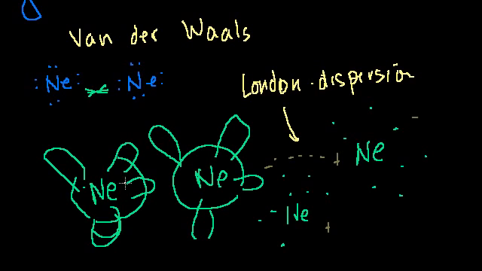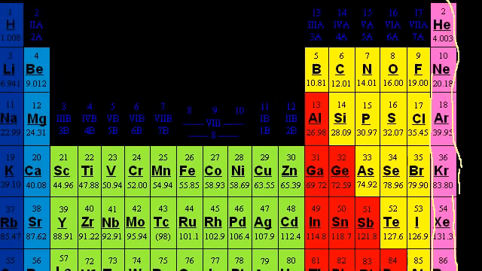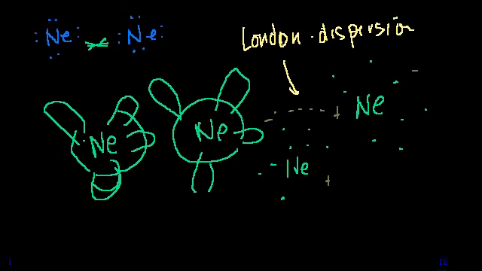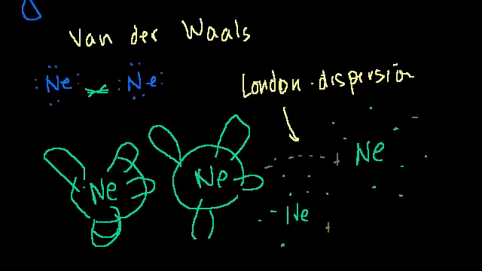So neon, these noble gases, actually all of these noble gases right here, the only thing that they experience are London dispersion forces, which are the weakest of all of the intermolecular forces. And because of that, it takes very little energy to get them into a gaseous state. So at a very, very low temperature, the noble gases will turn into the gaseous state. That's why they're called noble gases, first of all. And they're the most likely to behave like ideal gases because they have very, very small attraction to each other.